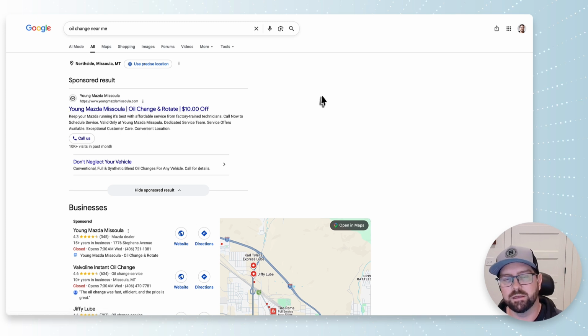The other major element, if we're just talking about the heaviest hitters here, right, is adding lots of extensions, which they now call assets. And you can see this one has what they call a site link extension or asset here. And that's where somebody can click off to a different page of the website that is being advertised here. There's also a call asset here, a couple different ones that actually make this ad take up a lot more